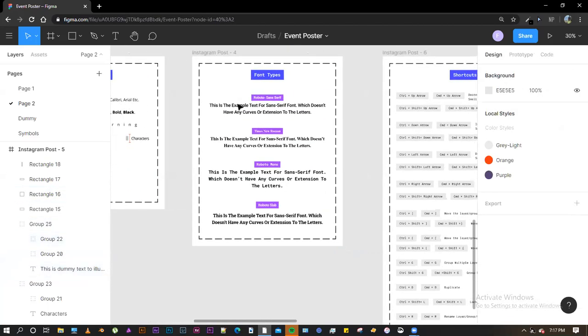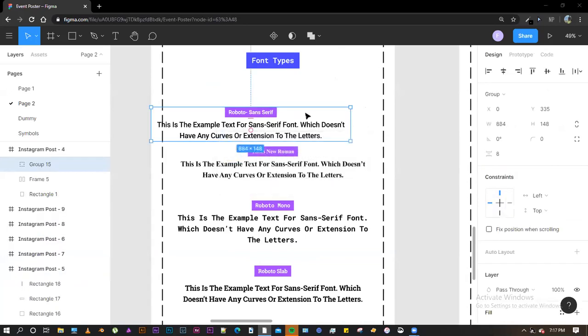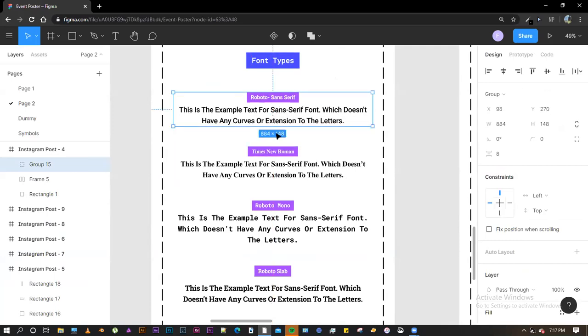And one of the most important properties of font is the font type. If there is any question, just feel free to stop me there, and I'll elaborate on that point. All right. Okay. So the next property would be the font type. Font type is one of the most important and most recognizable properties of fonts.